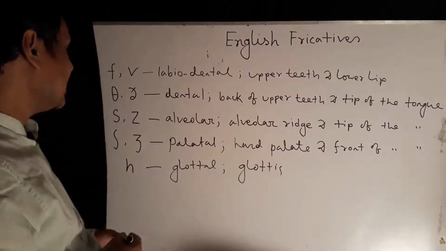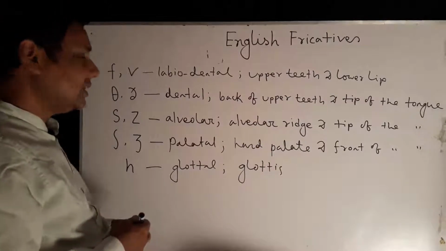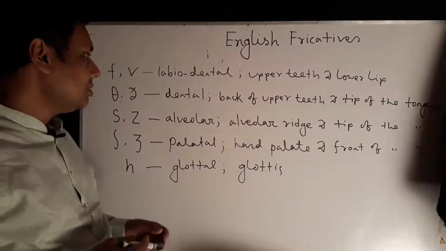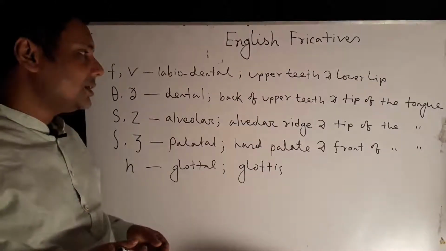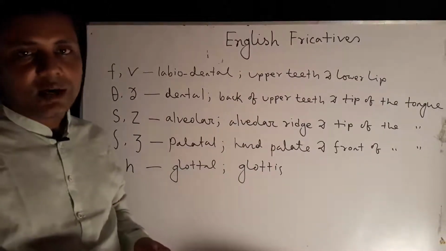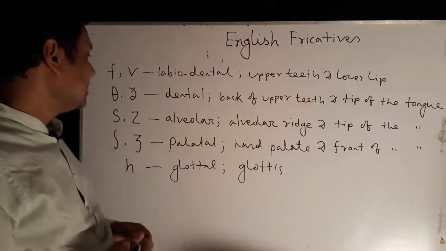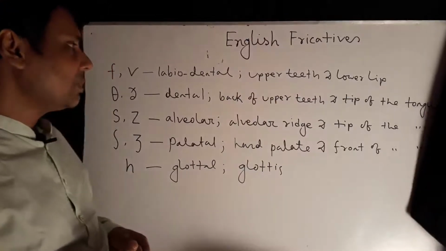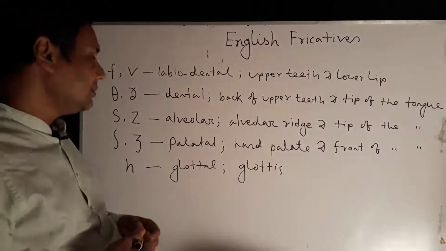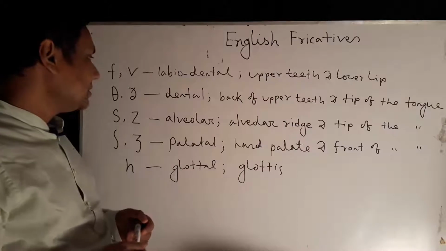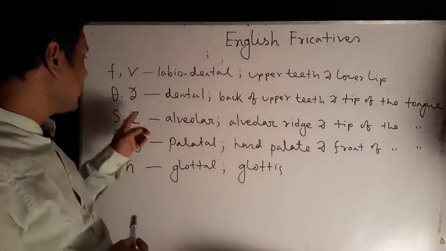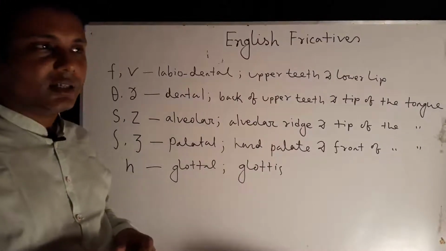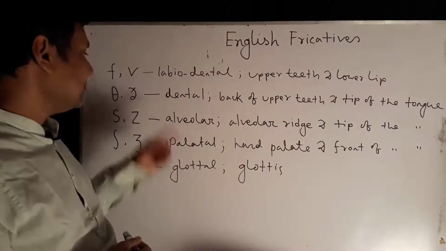Tha and dha are called dental fricatives, dental, because the upper teeth are used in making them. Upper teeth and the tip of the tongue are used, and we find difficulty in pronouncing them because